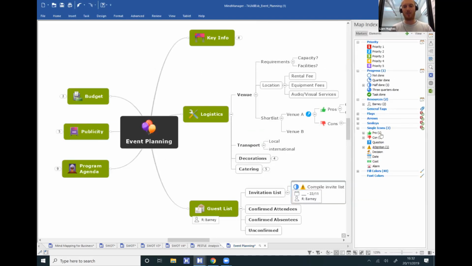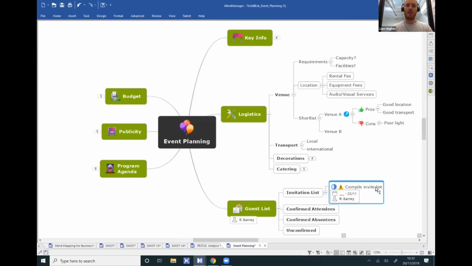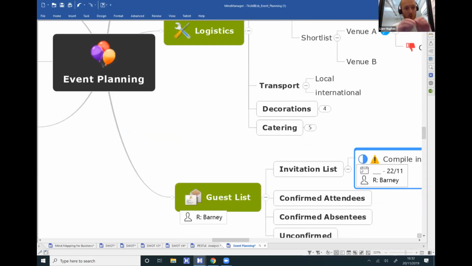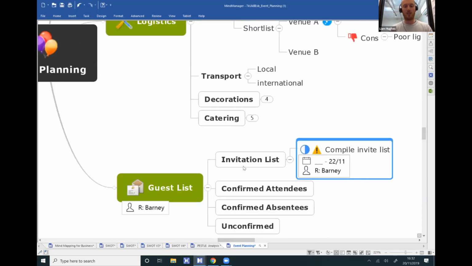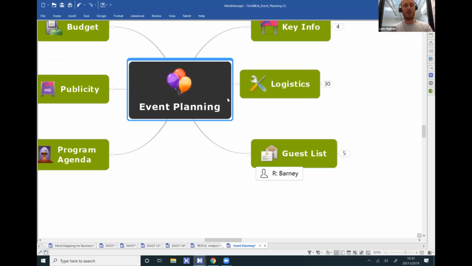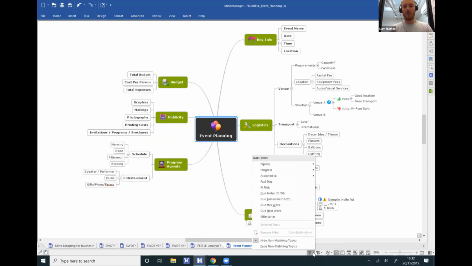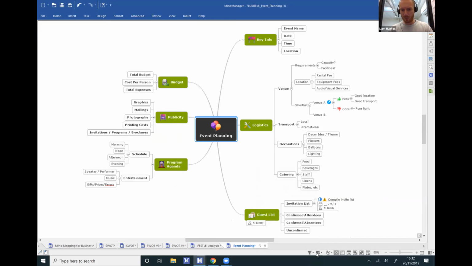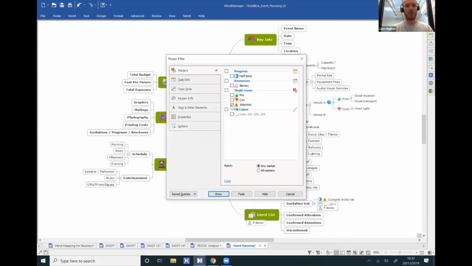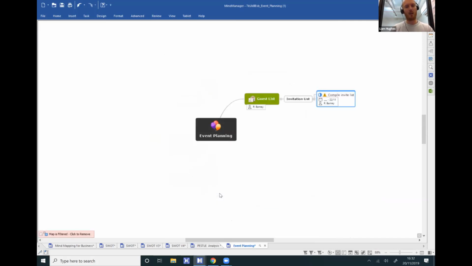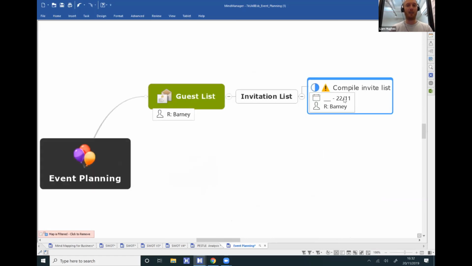So perhaps this is a very important task. And this is another area where mind mapping software can help you zoom in on the really important stuff really quickly. So if, for example, I wanted to just close down this mind map, and maybe it gets quite big, I want to just see anything that I've marked with that icon. So what I can do here is pop open a little filter mechanism and say, show me everything that's got that marker on it. And it's just going to reduce the map down to focus me right in on that area, that item